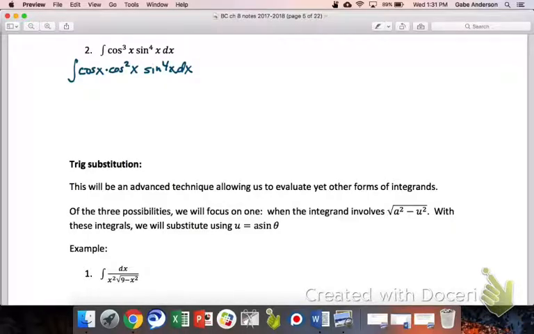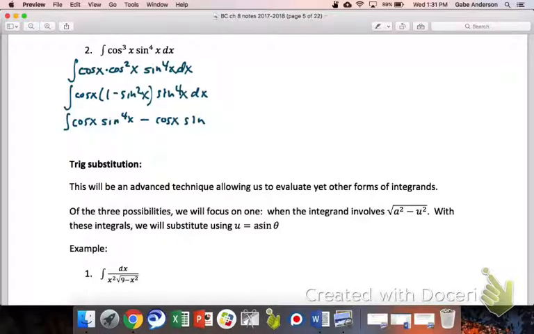So then once you have that split up, we can replace cosine squared with the Pythagorean identity, which would be 1 minus sine squared. And so we would have integral of cosine times 1 minus sine squared times sine to the 4th dx. And then we just distribute. So we'll end up with integral of cosine of x times sine to the 4th of x minus cosine of x sine to the 6th,